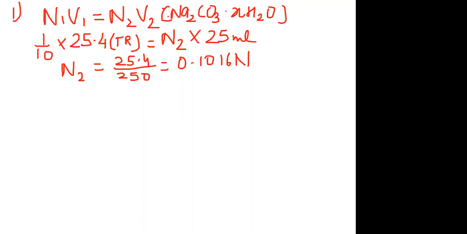Now, what do we have to find out in question number 2? You have to find out the molecular mass of hydrated washing soda crystals deduced from the experimental data. Again, directly you cannot calculate, because there occurs an X in the formula. So to find out the molecular mass of hydrated washing soda crystal, we will first find out the equivalent mass of sodium carbonate, which is equal to strength by the normality.